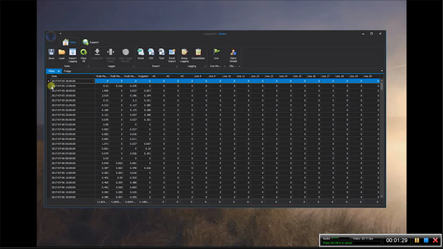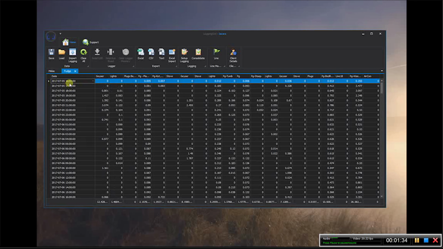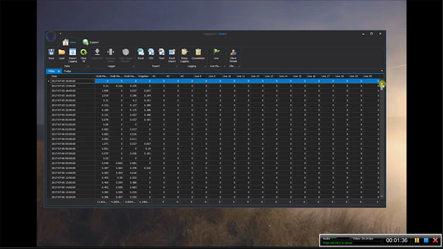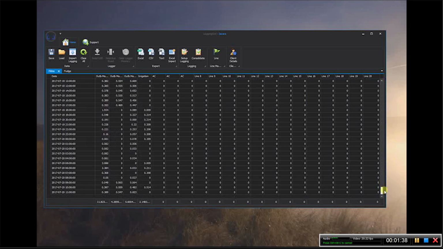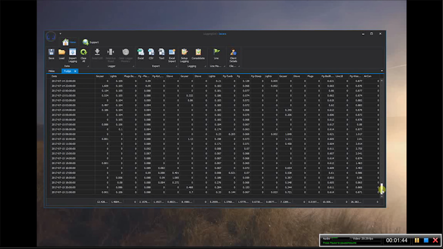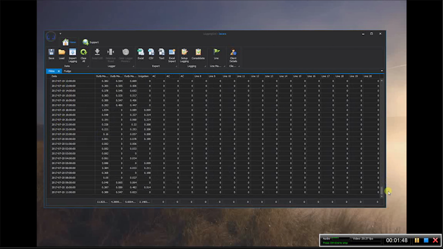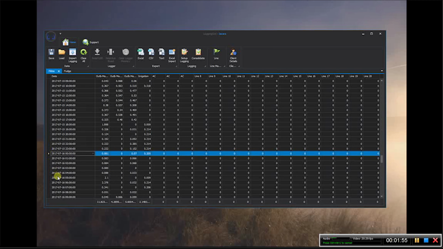So we can see that Picky started on the 5th. Well, both the loggers should have started at the same time, more or less, but due to the batteries being different, Picky basically went through until the 20th, whereas fudge only has gone to the 15th. So what we do with that is we go to Picky and we delete all the data after the 15th. So we go to everything from the 16th onwards, and we just hit the delete button